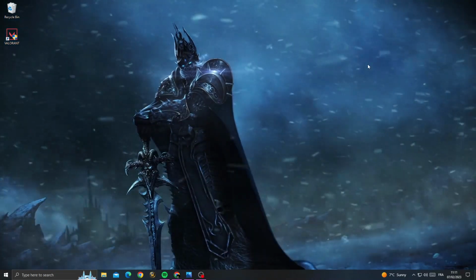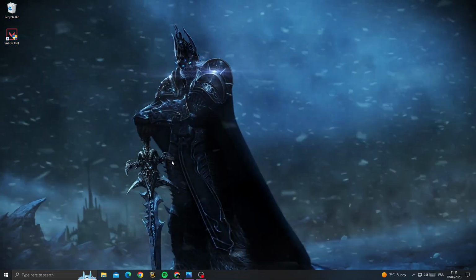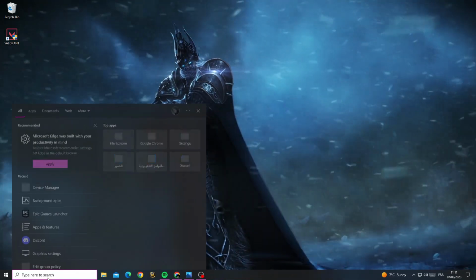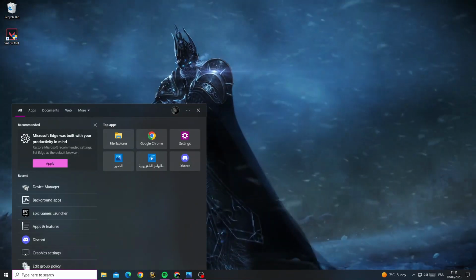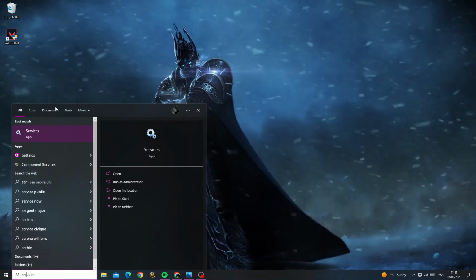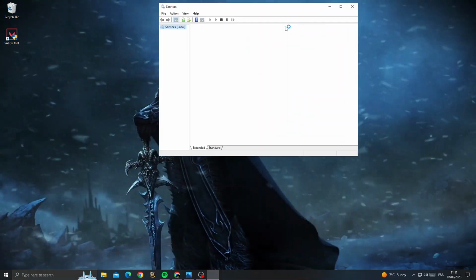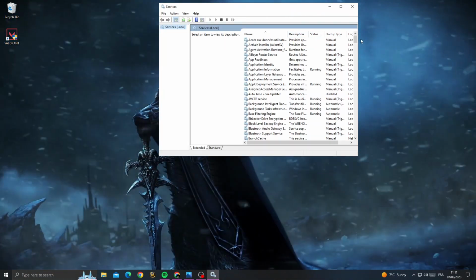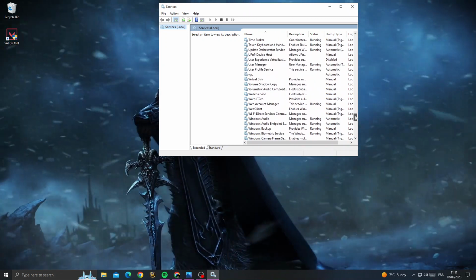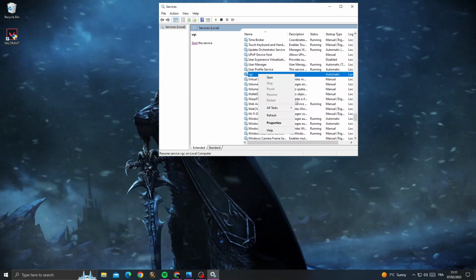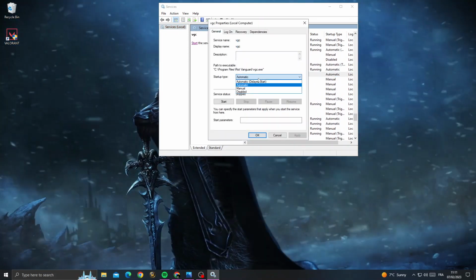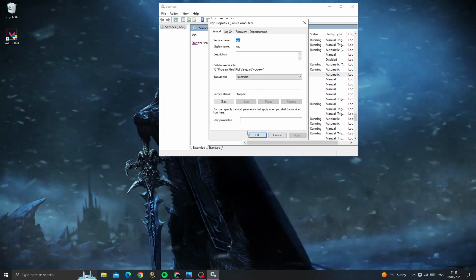How to fix Valorant client problem, easy and quick. If you want to fix this problem, first just type here services, and then just scroll down until you find here VGC. Right click and go to properties and make it automatic and click apply and OK,